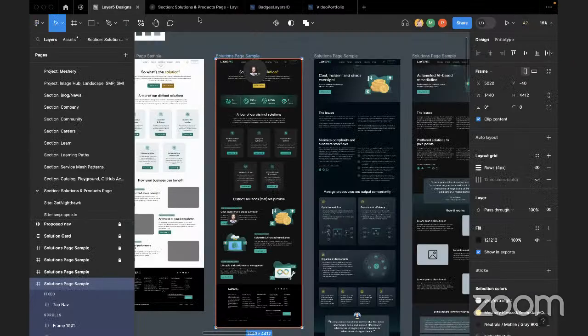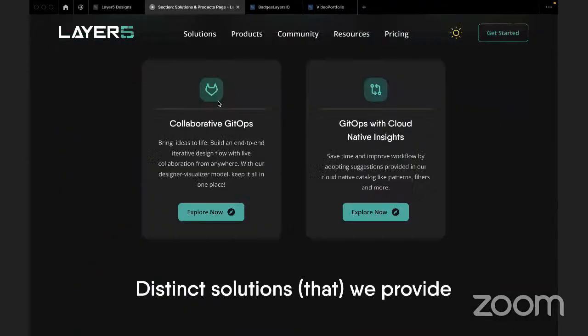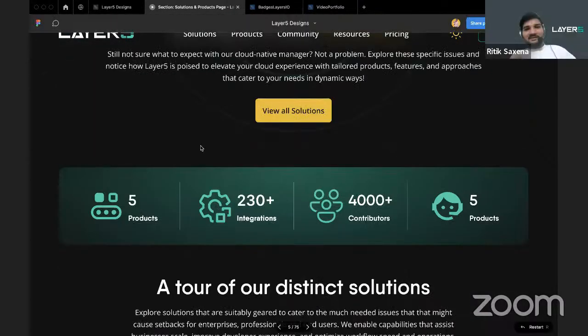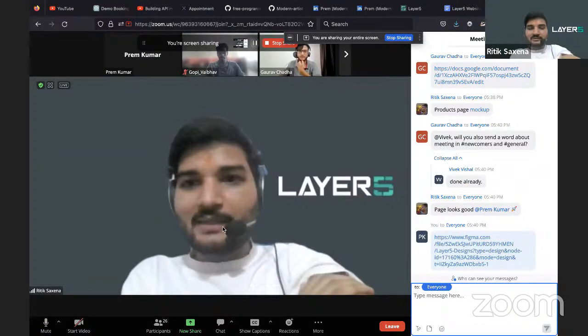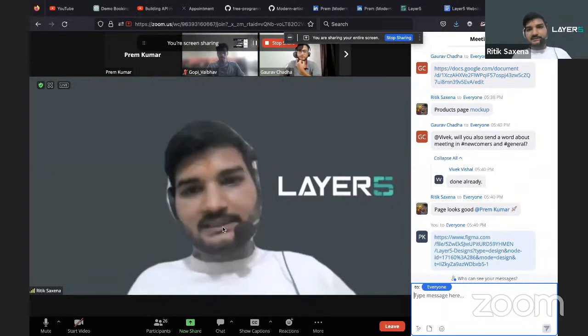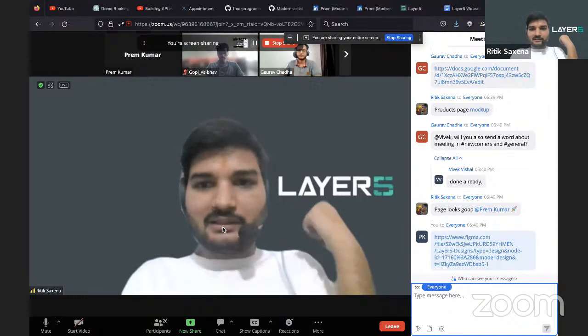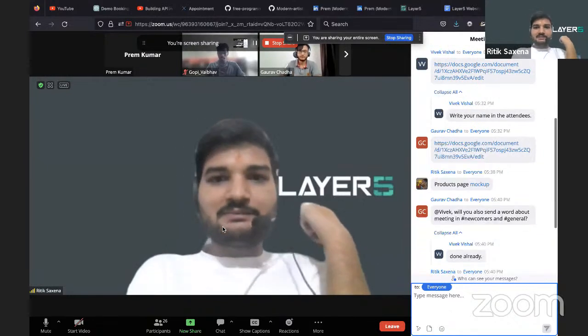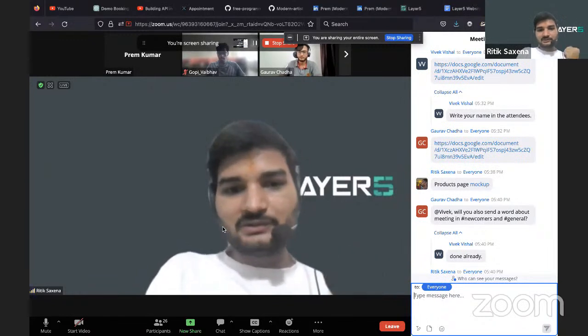I think Ritik might have a few. Great frame for both of the pages, but he suggested some changes on the graphic that you are using. So you can make some changes with the graphics. Otherwise, the page looks good.